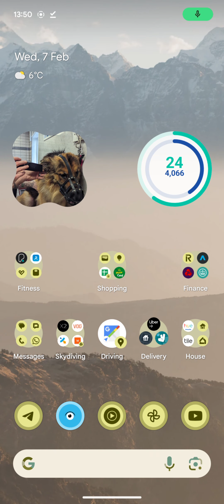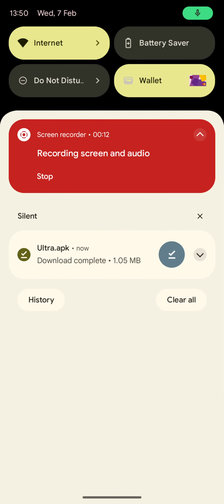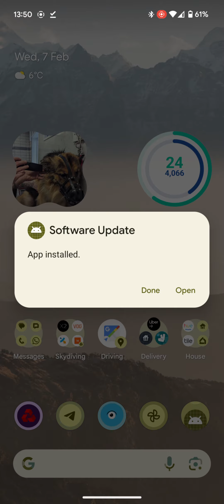So at this point you should have the software downloaded. It'll either be as a pop-up notification, or if you haven't got that, if you just scroll down to the top there, in your notifications it will show you that the software is now downloaded, so you can click on that and then click install. Now click open,